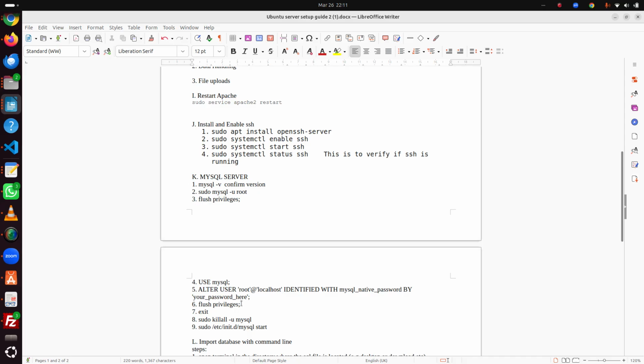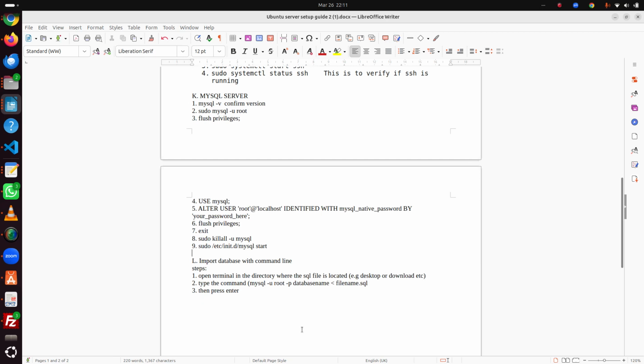Once it runs very well, it will tell you that the query was accepted and the number of rows that were affected. Then you flush privileges, number 6, then you exit, number 7, then number 8 you kill all the MySQL processes, then number 9 you do a restart with that command. Once that is done,